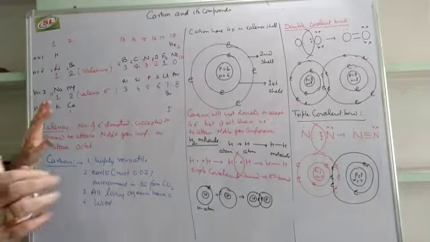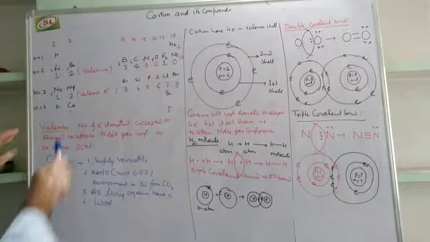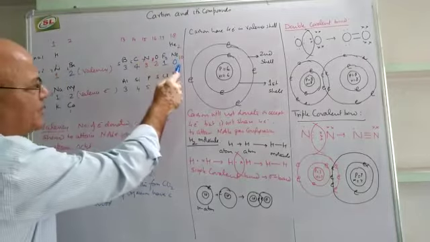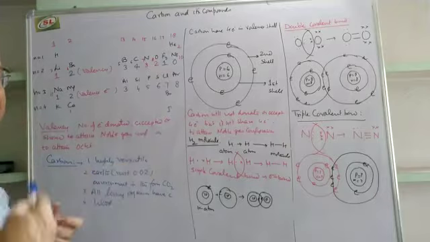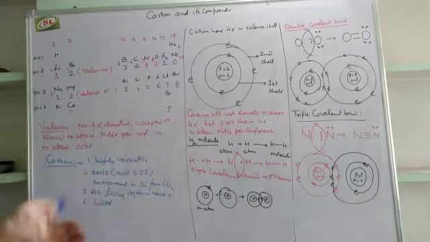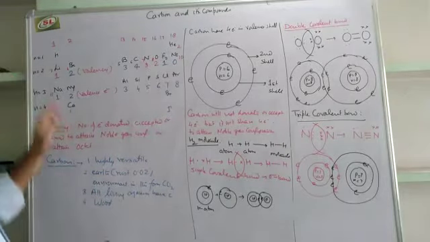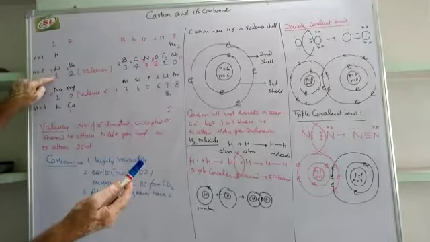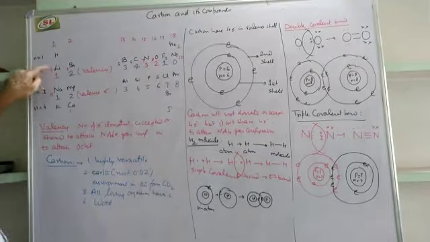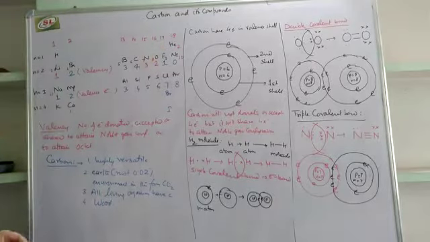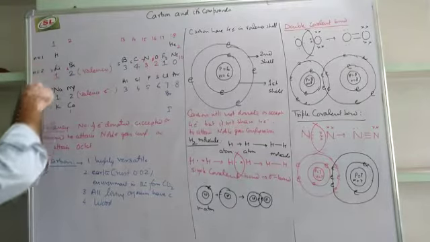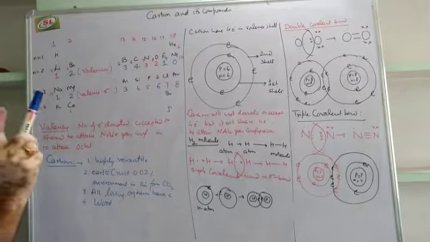There are two possibilities with lithium. For lithium to attain the neon configuration, it would have to gain 7 electrons, which is not possible. So lithium donates an electron. After donating 1 electron, lithium has the helium gas configuration and a valency of 1. The valency of the first group is 1.